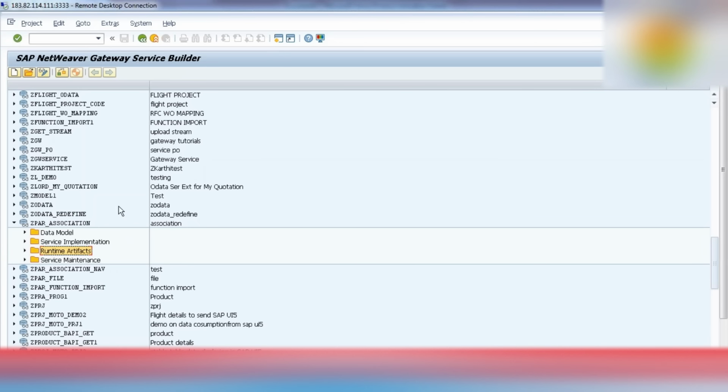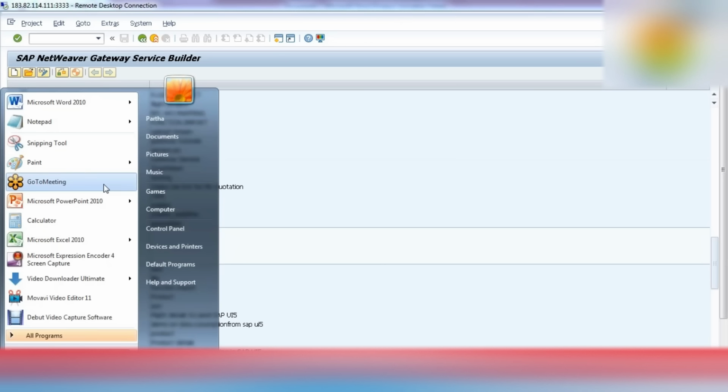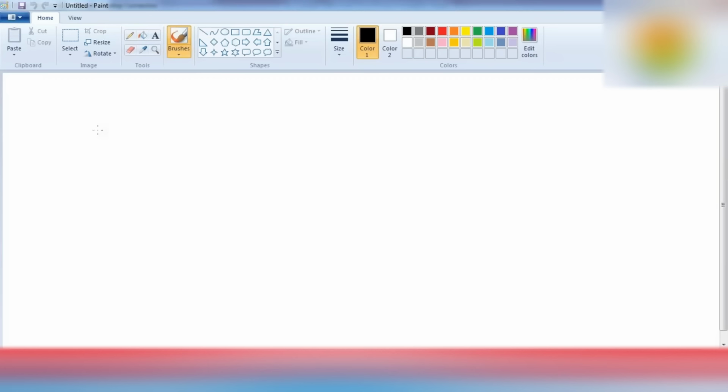One more important thing here is, like in ABAP, you need to know the basic thing like how we can declare internal tables, work areas, and these things. Here also we have the same concept, in a slightly different way. So first of all, let me introduce that thing. In this OData web service we have entity type, entity, and entity set. Let me introduce you to those.